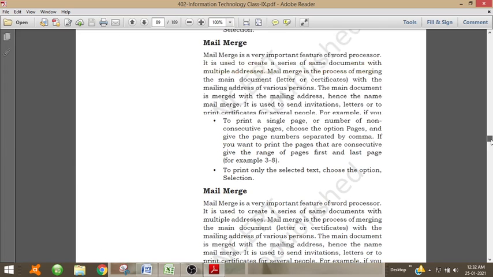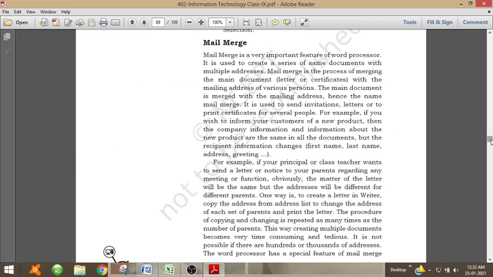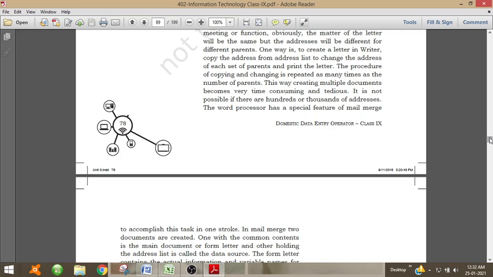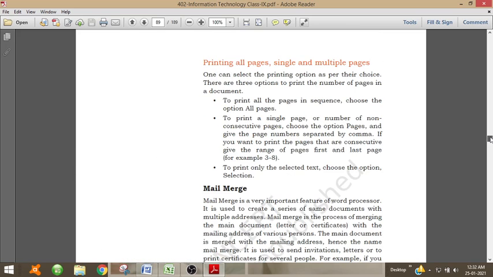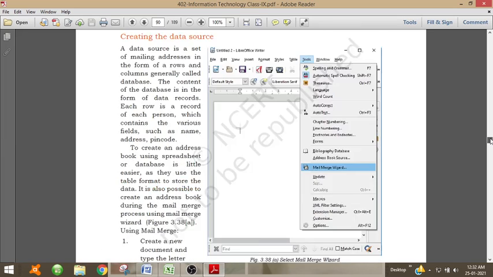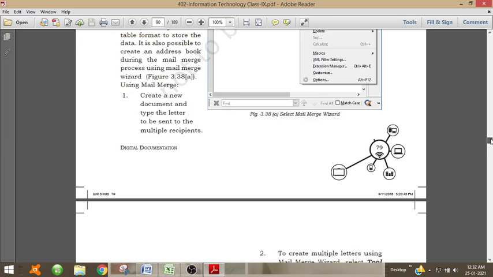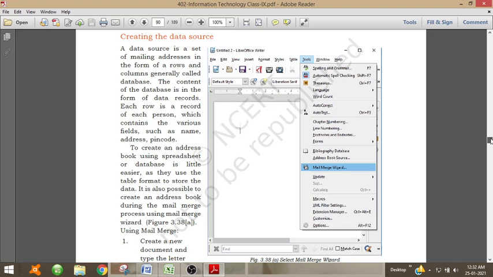Then next is mail merge. Suppose you are creating a document and you want to send it to multiple people, and you want to give names of different people. It will be very difficult to type the names of different persons and create different letters. Suppose you are creating an invitation letter, and you need the address of each person.